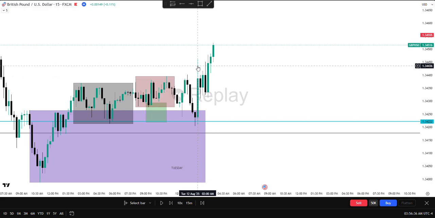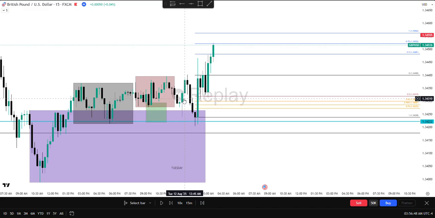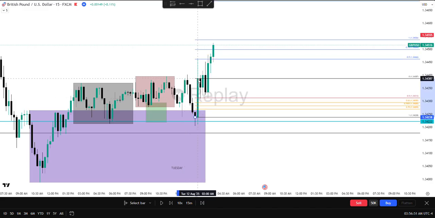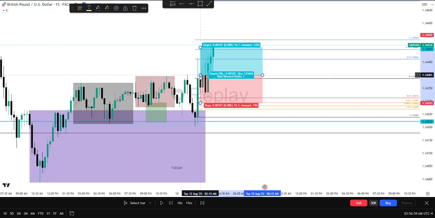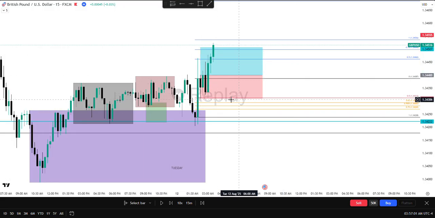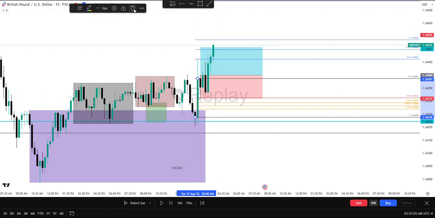So when it finally expanded higher at 2 a.m. on the news driver, because again we manipulated the low, I look for a retracement entry. And I look for the midway point of the range to the optimal trade entry. So there's the midway point. Order block, come up higher. My entry was at the top of the order block with a stop at the low.